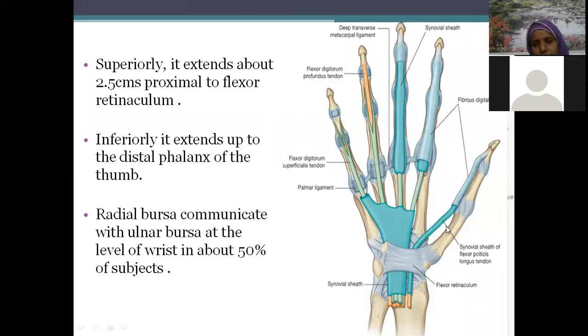This radial bursa, superiorly, is extending about 2.5 centimeters proximal, that means here, where I am keeping the arrow. This is the superior extension. Inferiorly it is extending almost up to the distal phalanx of the thumb. This is the ulnar bursa, this is the radial bursa. So both of them are